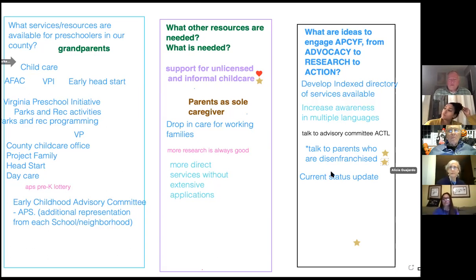Awareness and pointing out needs, I guess. Yeah, I was going to say that advocacy piece, how we do that, that's to be determined. But certainly, what data do we have that can help support